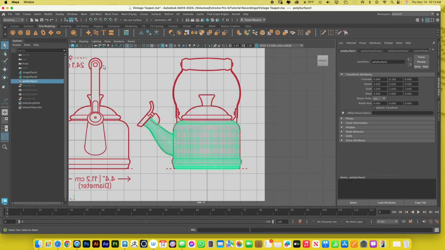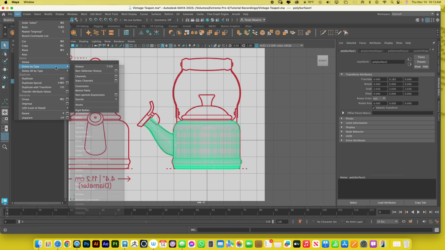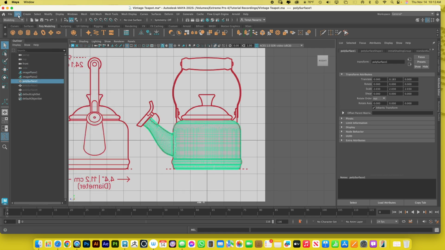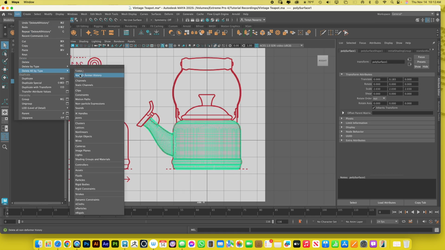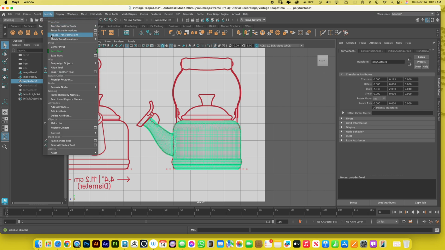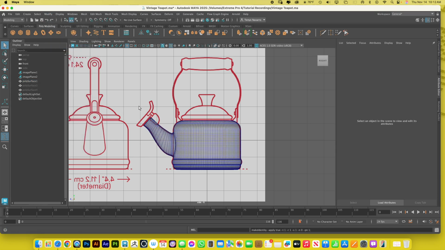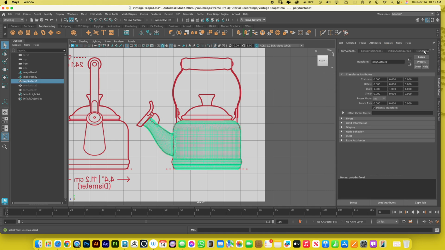Now select this, edit, delete all by type history, edit, non-deformer, freeze, center. What happens is it takes care of all the nonsense that was here, of all the work that I did. It cleans it up. Normally every single step that I do shows up here, so we just want to be able to see this cleanly for the next person that's going to take your model and work on it. Okay,